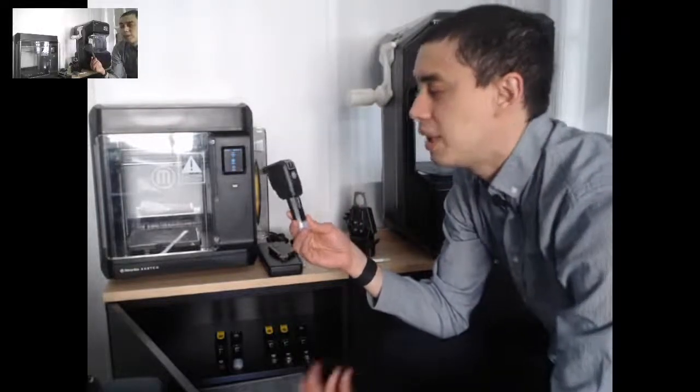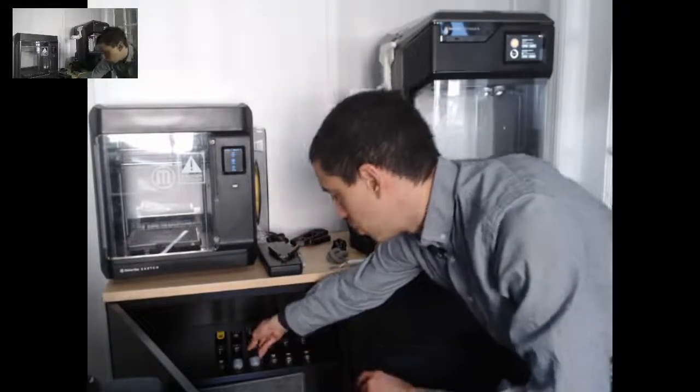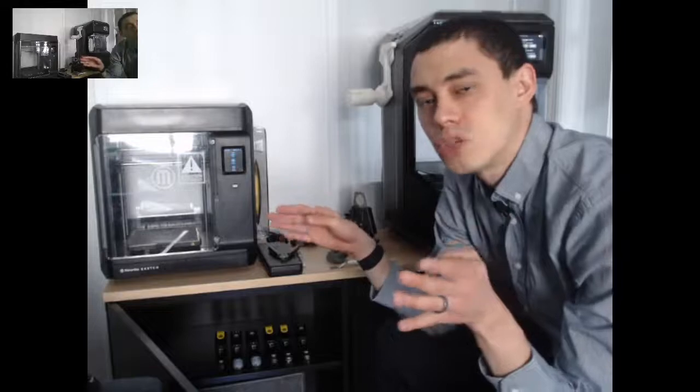This includes PLA, nylon, PETG, and so on and so forth. So you will want to have a space for those. I think that especially for Method X users, as soon as you start expanding your range of materials, you will